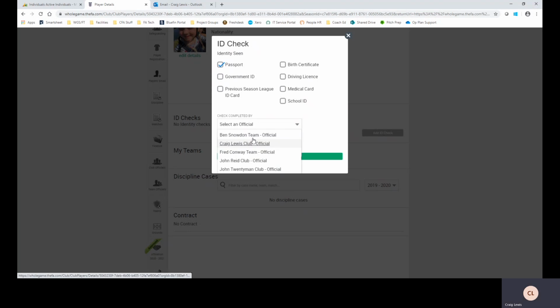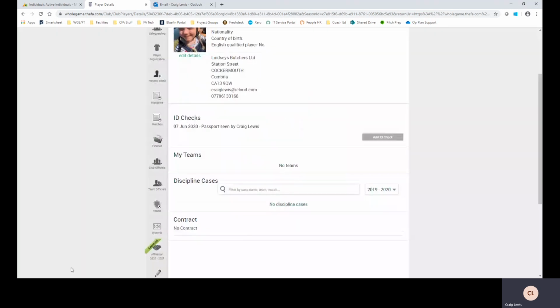Essentially, what you're doing is you are adding your name to say that you have seen this document, you have verified the player's age, you are here as a club official saying that you've done it. Date completed, which is today, and we're going to add the ID check. As you can see, once the identity check has uploaded to the system, it becomes very clear in terms of the date, the type of document that was used, and crucially the person that has seen the document